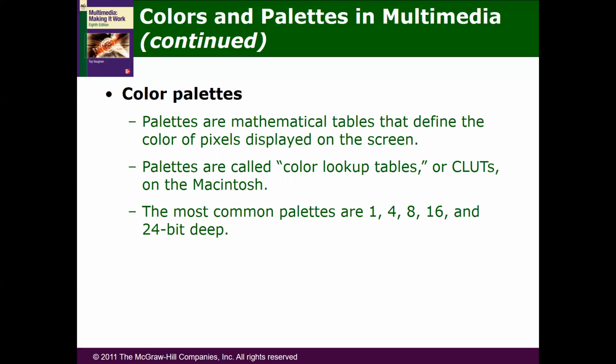Color palettes. These are mathematical tables that define the color of pixels displayed on the screen. Palettes are called color lookup tables or CLUTs on the Macintosh. The most common palettes are 1, 4, 8, 16, and 24-bit deep. Now, the simple way I can make you understand what a color palette is